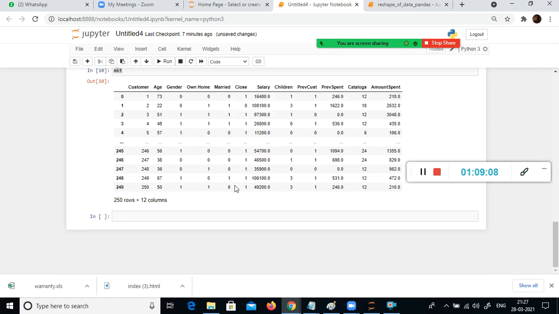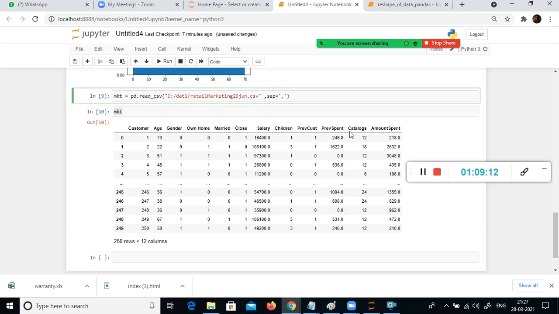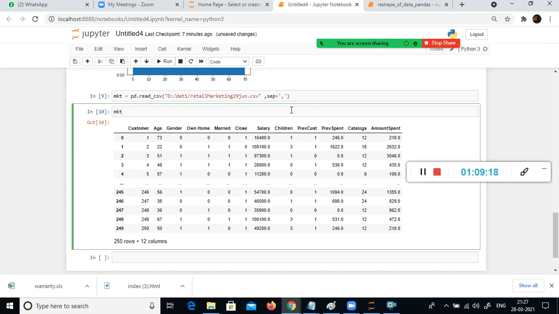This is my marketing data set. 254 records are there. Let's say you are given this data set. You are a marketing manager. You need to perform some kind of marketing analytics to understand the customers' purchase behavior or spend behavior.